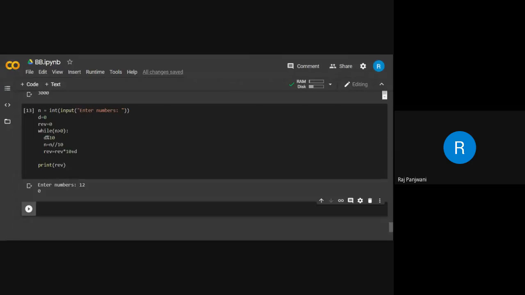D is equal to 0 while n is greater than 0. Where are you storing the number remainder? Okay.